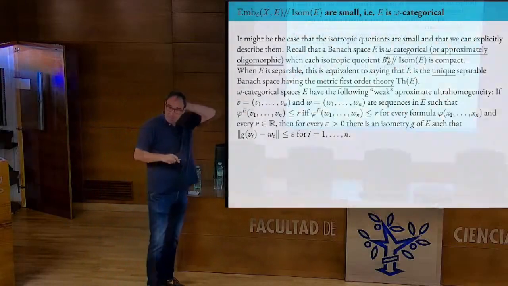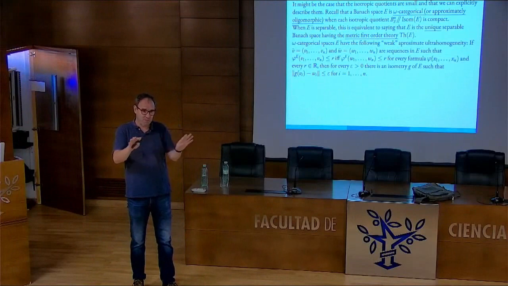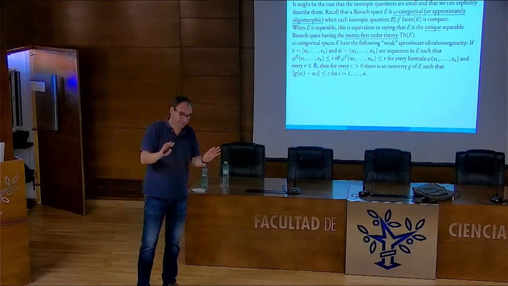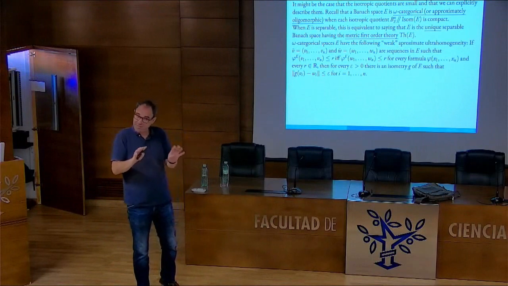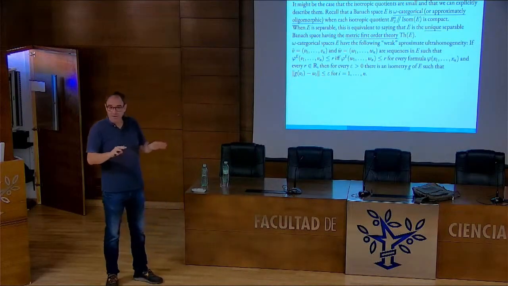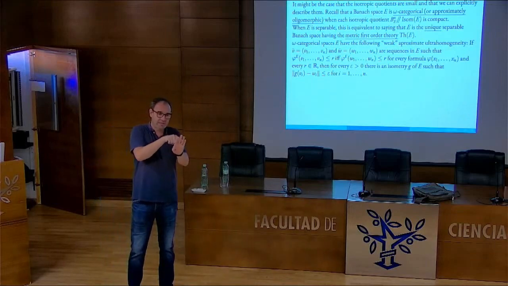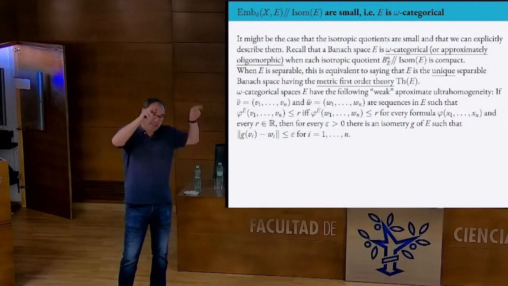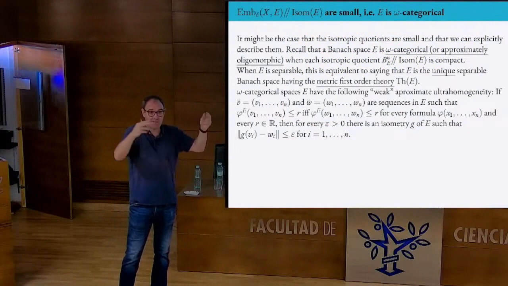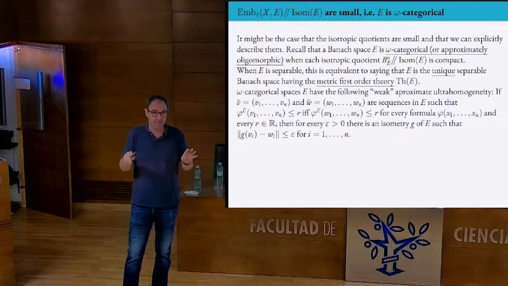Now, approximate ultra-homogeneity is telling you that if you have two finite dimensional spaces which are isometric, then you can move one to another by a global isometry. Well, this is very strong. In these omega categorical or oligomorphic structures, if the formulas true in these finite dimensional spaces are exactly the same, not only the norms of the linear combinations but other things, then you can move one to another by an isometry. So you are demanding more things.